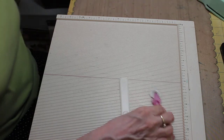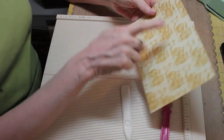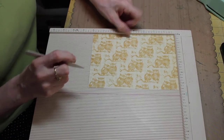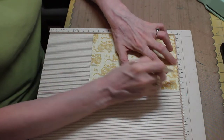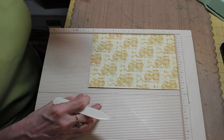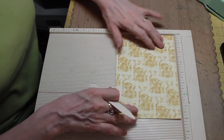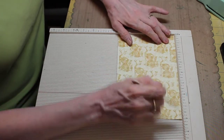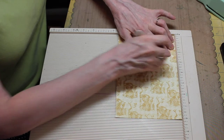So let's get started. I have a piece of paper here, and it is 8 inches long by 5.5 inches wide. We're going to start on this side, and we're going to score at 1.5, 3, and 4.5. And you don't have to worry about writing these measurements down. I'm actually going to have a template for you on the Flying Unicorn forum, and I will leave a link for that as well. Turning it to the long side now, you're going to score out 1.5, 2, 2.5,